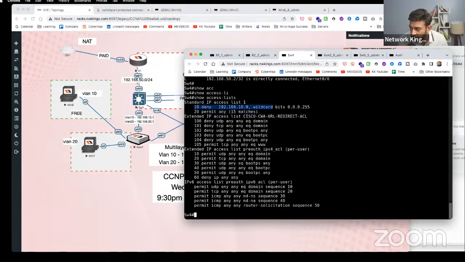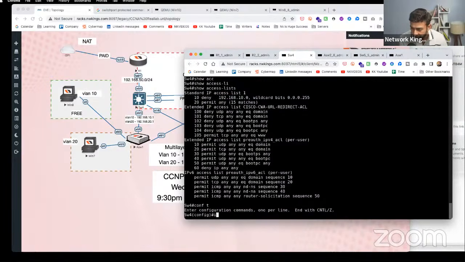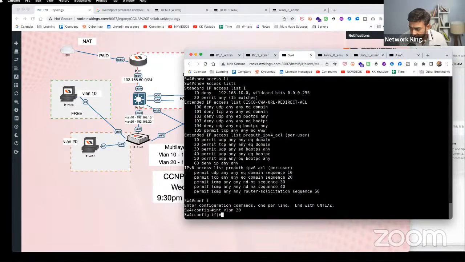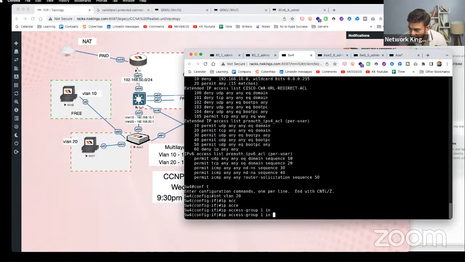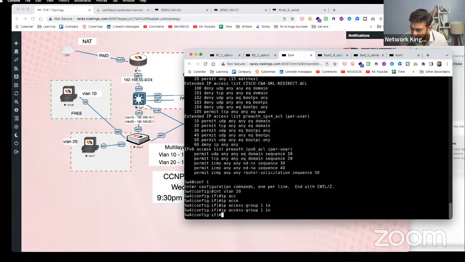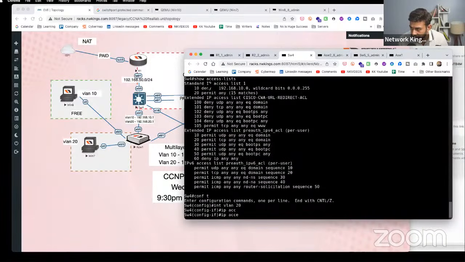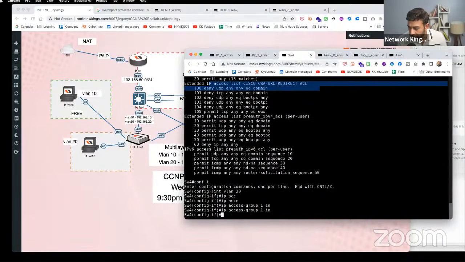It should hit this deny command because my computer is 10.0. And when I create this ACL, I go to my VLAN 20 and call the ACL with access group 1 in. Whenever a packet comes in my VLAN, I want to deny. समझ रहे हो? That I created the ACL and I deny the 10.0, and I'm applying the rule in VLAN 20 so that whenever a packet comes for VLAN 10, I should